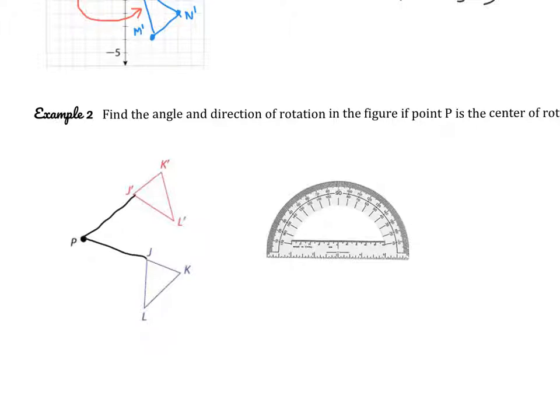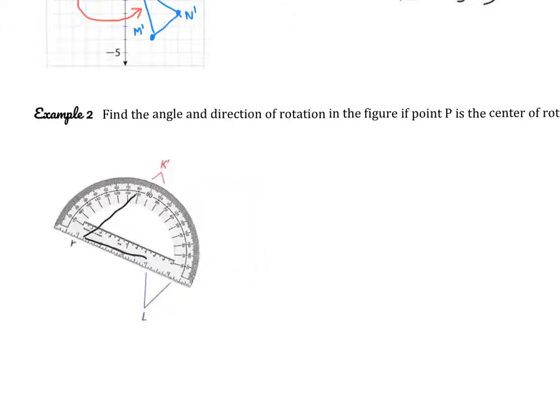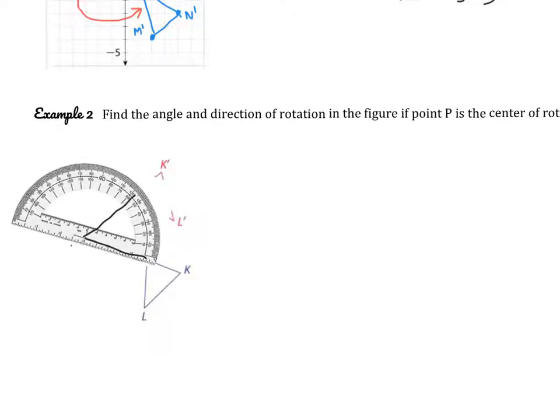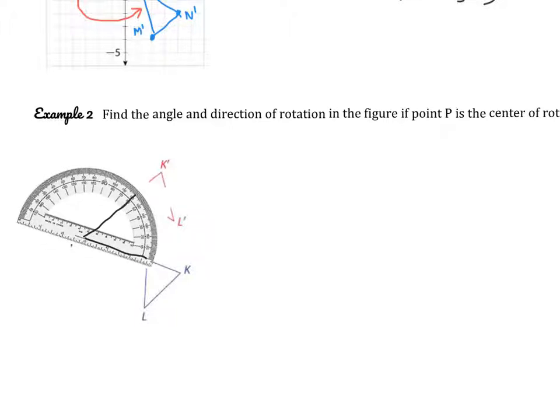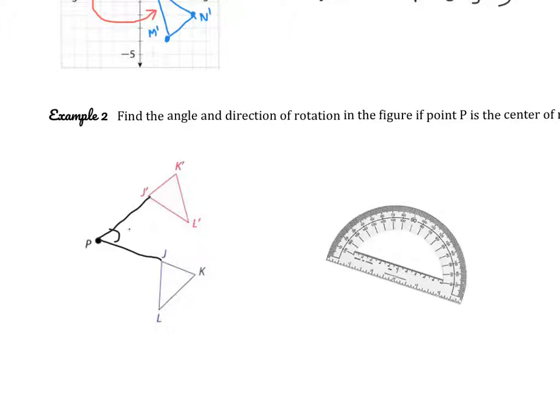Now you should be able to use a protractor, and of course this is going to cover my picture a little bit, but you would put the protractor on top of your line, and it does help if you have straight lines. Remember, the little center of your protractor should go right on your vertex. This should line up on this line of your protractor, and then you see where it falls. I can see here that this angle is 60 degrees. Let me move that out of the way. So again, we measured with our protractor, and that's 60 degrees,